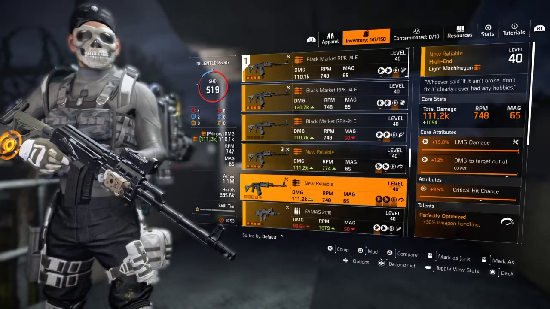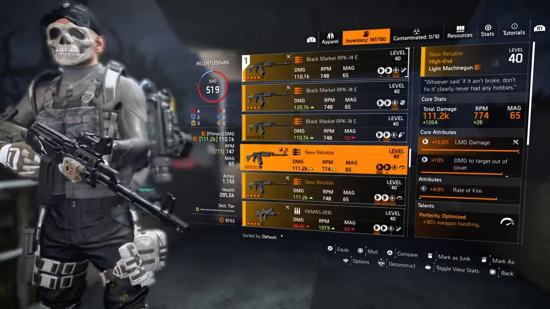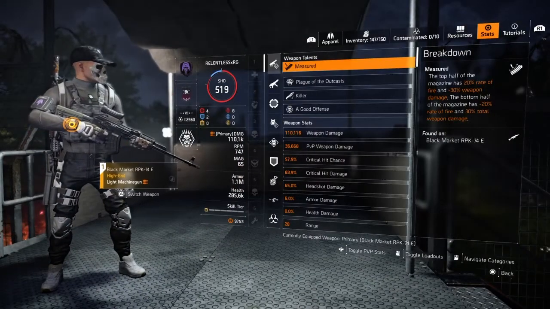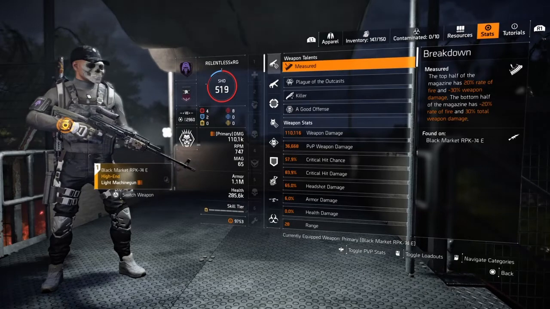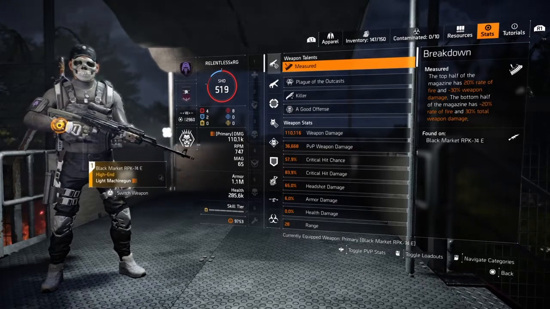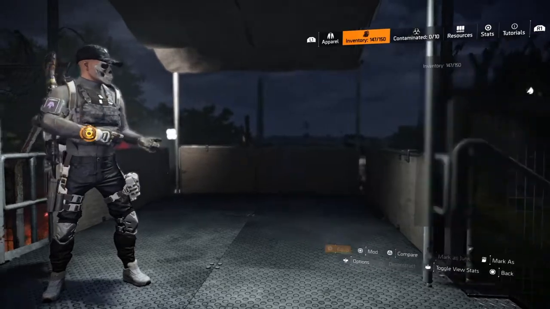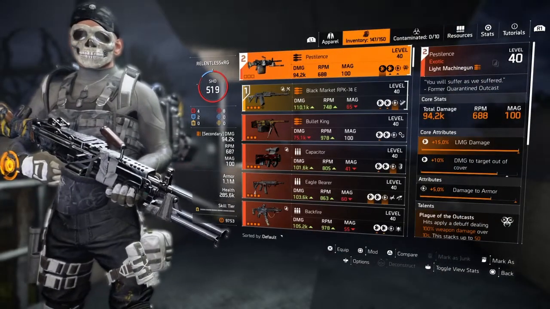So I have different facets and multiple variations of the RPK. And of course, its stats: 57.9% critical hit chance, 83.9 critical hit damage, 65 headshot damage, and then 6% damage to armor. Now, when it comes to the likes of the Pestilence, when I go out there and baptize people in the dark zone,